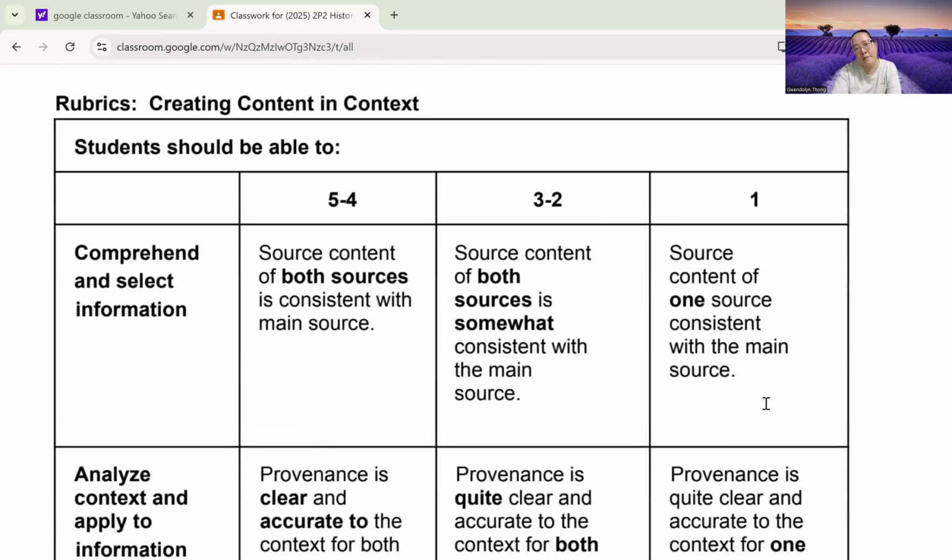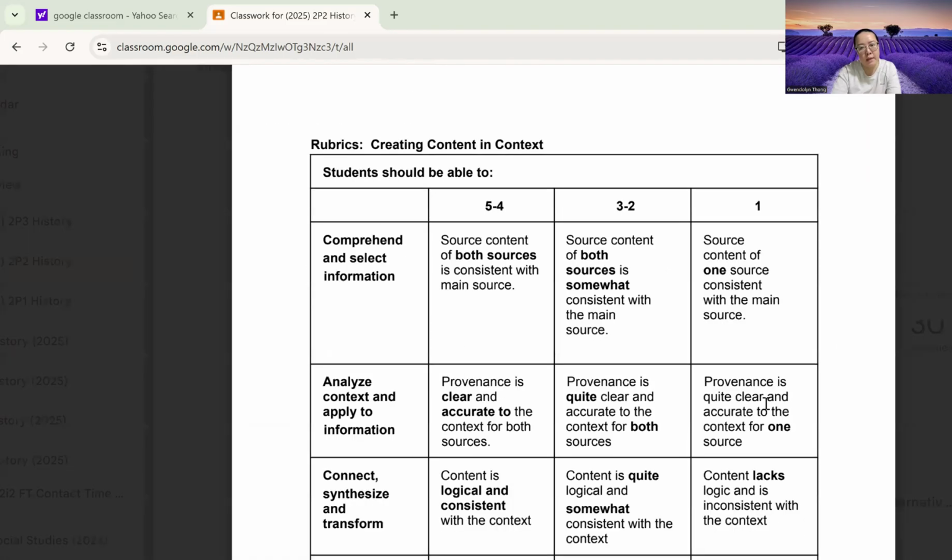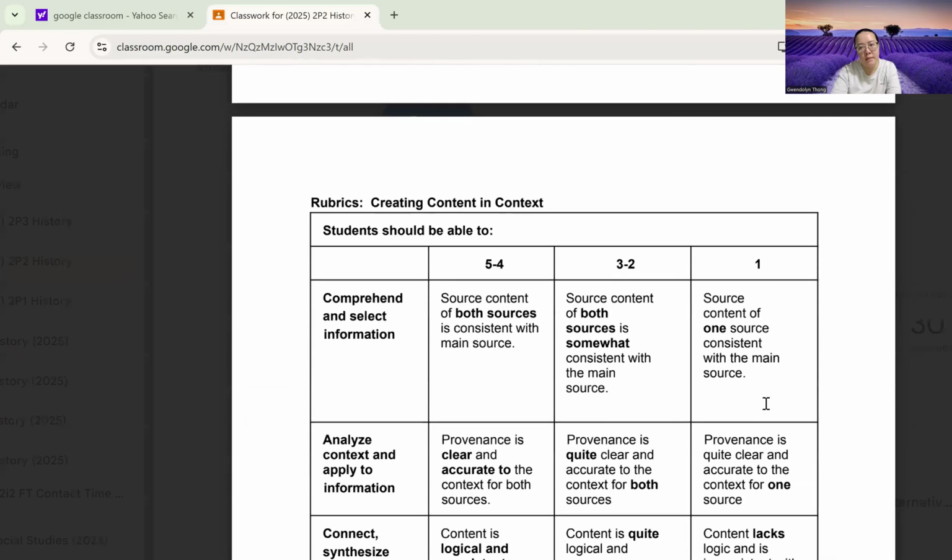All right, so I'm just gonna go through the rubrics first very quickly. Okay, for this rubrics, you have 4 criteria. Okay, and we always aim towards getting 5 to 4 marks here. Okay, so comprehend and select information. Source content of both sources is consistent with the main source,